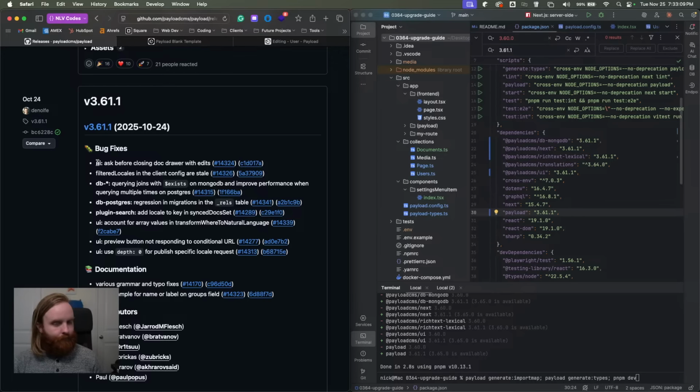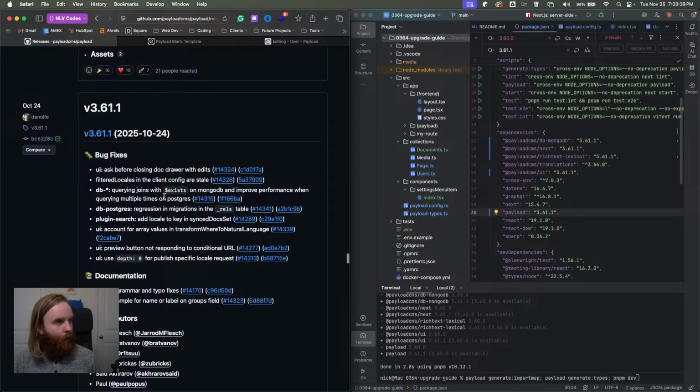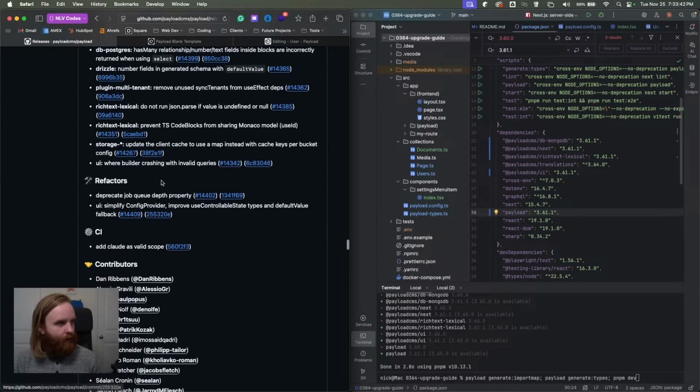Where now, before closing a doc drawer with edits, you're asked, instead of it just closing and losing all of your changes. Oh, geez. All right. So that's it for 3.61 and 3.61.1. So we can move up to